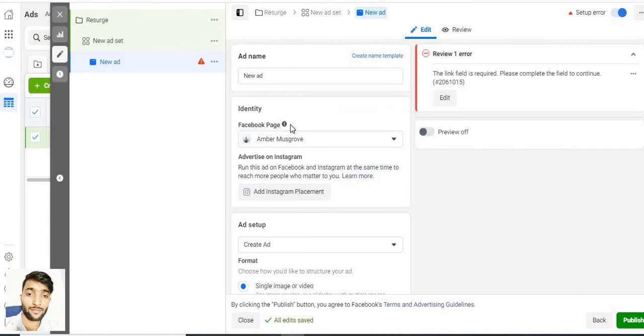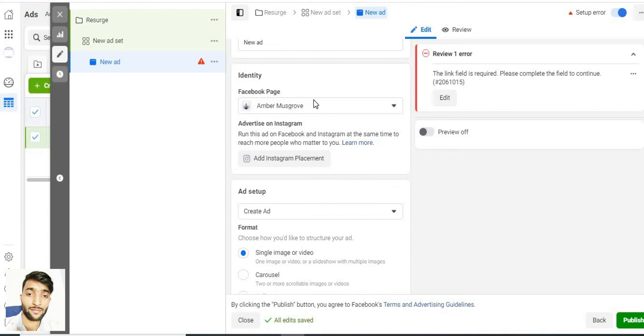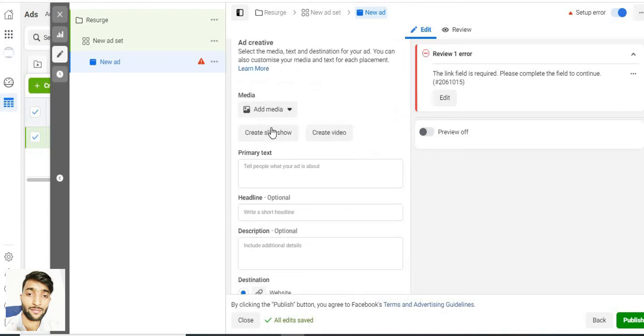Now this is Facebook fan page. Here you have to choose your Facebook fan page. Now remember one thing, you don't have to name your page weight loss or lose weight now, something like that. You have to name your page like healthy lifestyle or slim body tips or healthy diet lifestyle, something like that. Now we have selected our fan page, so let's drag down and here we're gonna pick some image